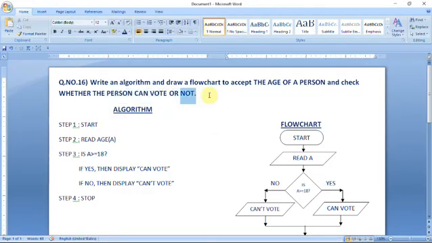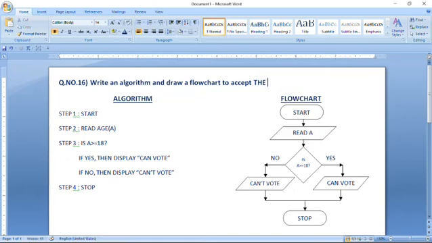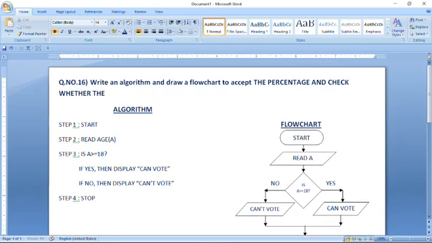First of all, I want to write the question: accept the percentage and check whether the student is pass or fail. So first of all you have to accept the percentage, read percentage.